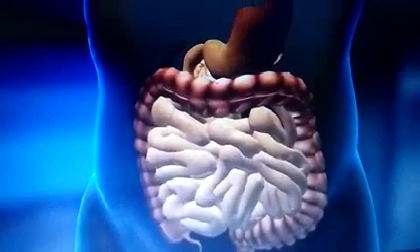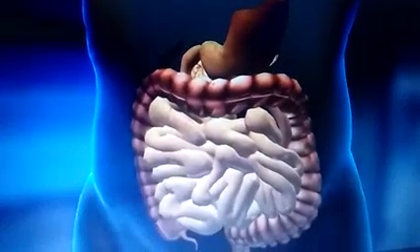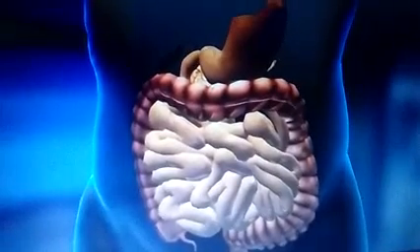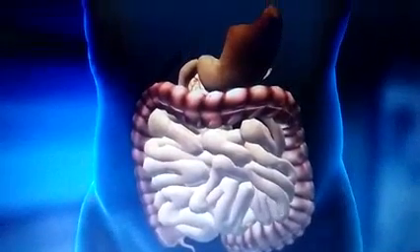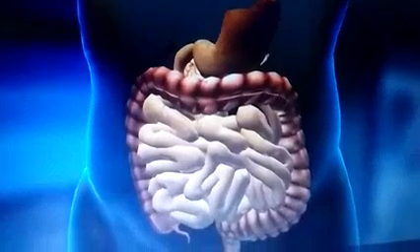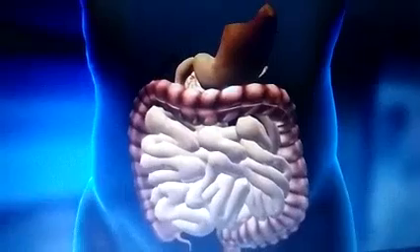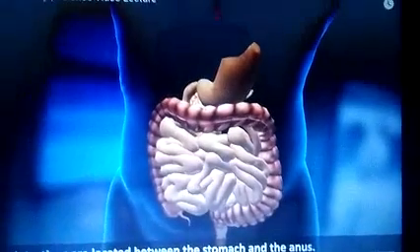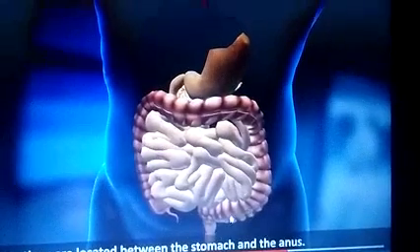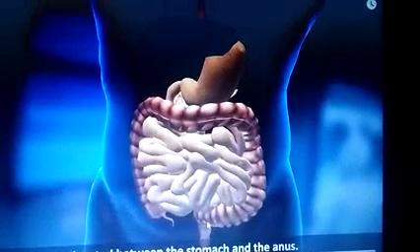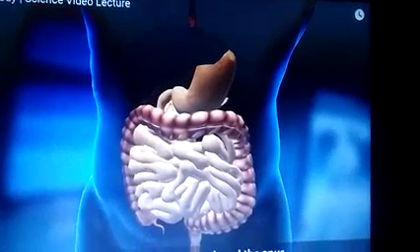So the function of the small intestine is the absorption of digested food. Digested food is absorbed by the walls of the small intestine, and around that the large intestine is there. It stores the undigested food. Whatever is undigested is pushed to the large intestine, and from there the water is reabsorbed, and then it is collected in the last part of the large intestine, and when it gets filled, it will eject out.